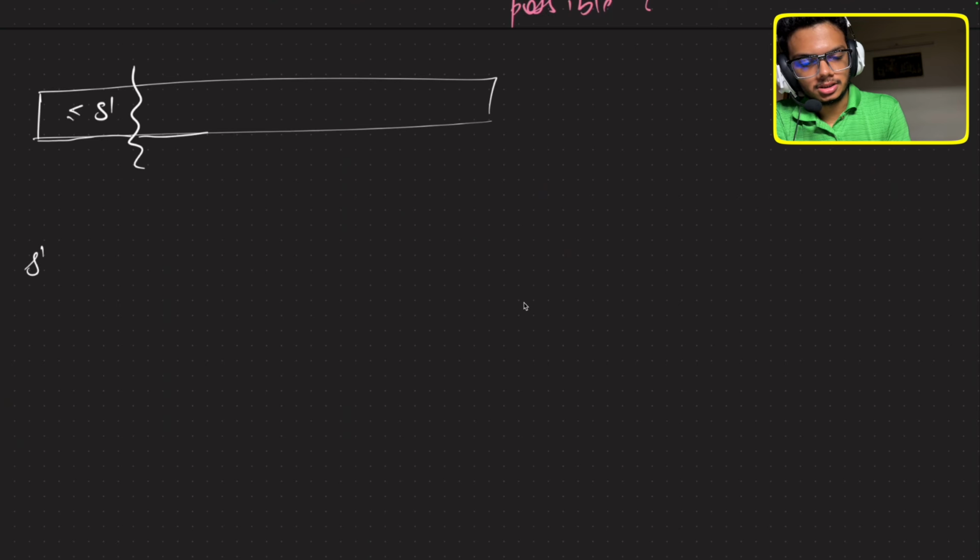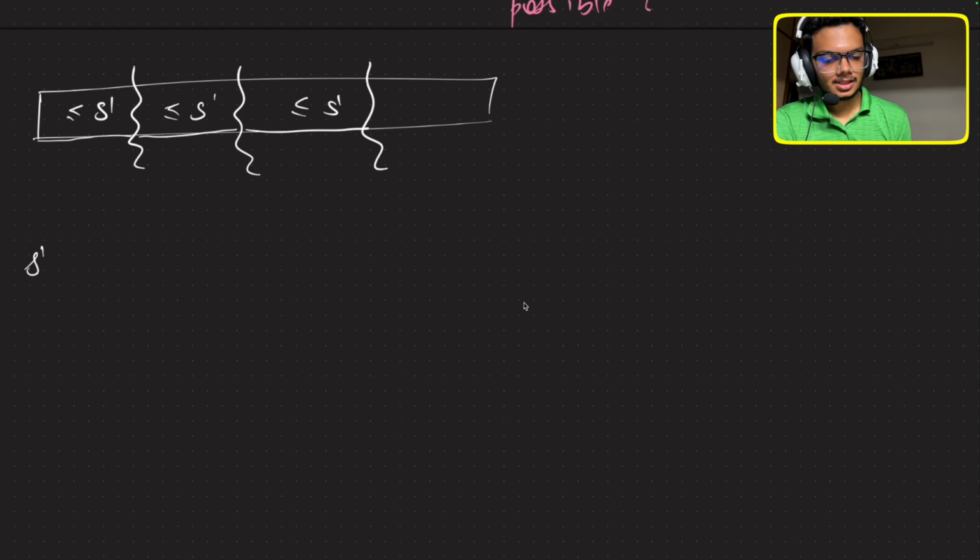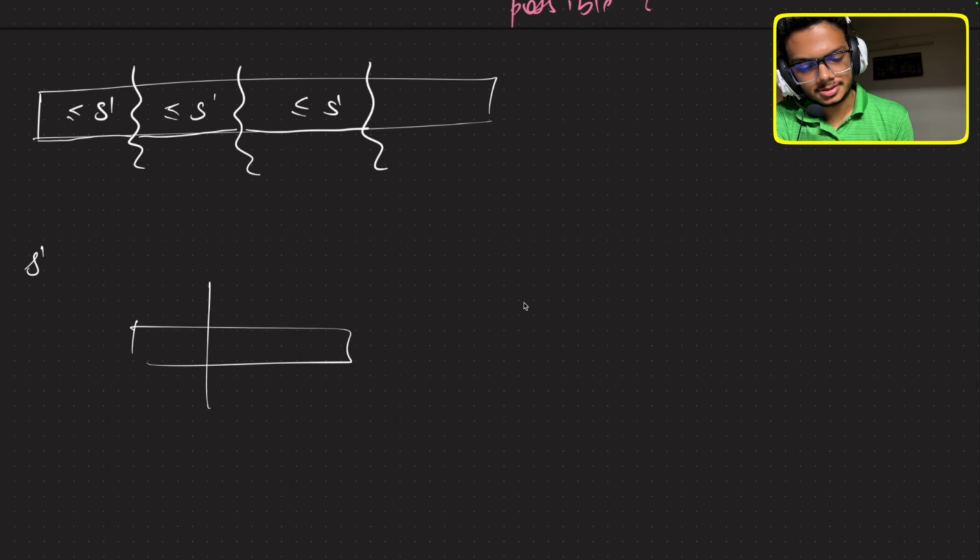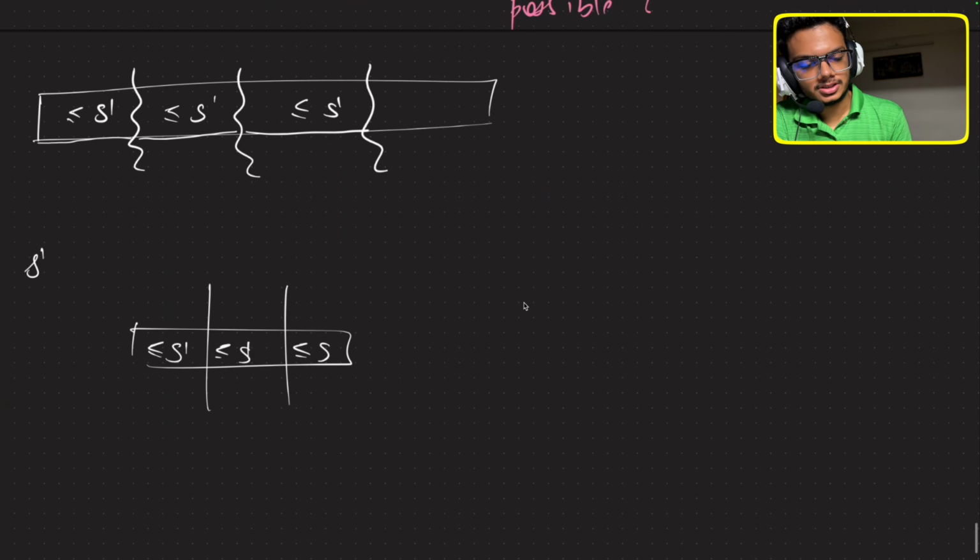Again, you can continue a journey. If the sum is exceeding S dash, you increment the split count. Similarly, you keep on going, and eventually you will get some splits, right? So let's say you got some splits, such a way that all the sums here are less than equals to S dash. So this you can easily do, right? You can write an order of n loop, which makes one pass through the array, and whenever the sum is exceeding S dash, you can make a split. Now let me call this as number of splits. Okay, so however number of splits you get here,